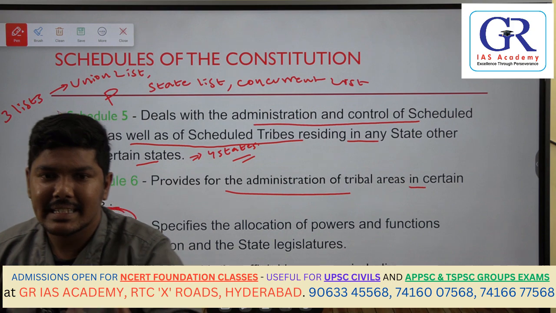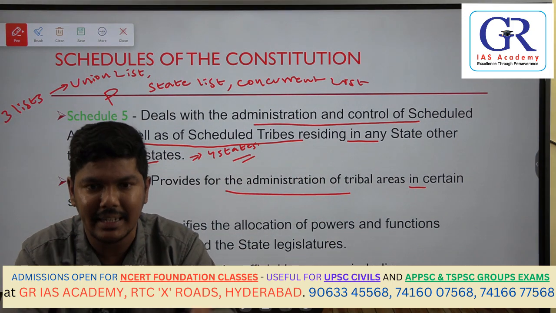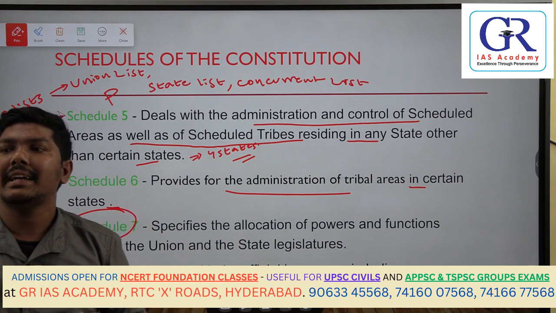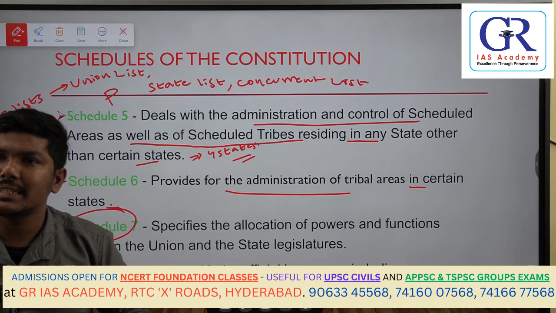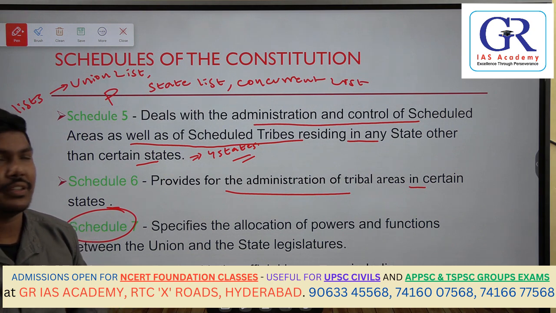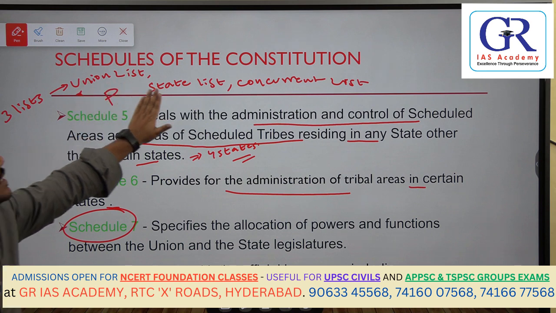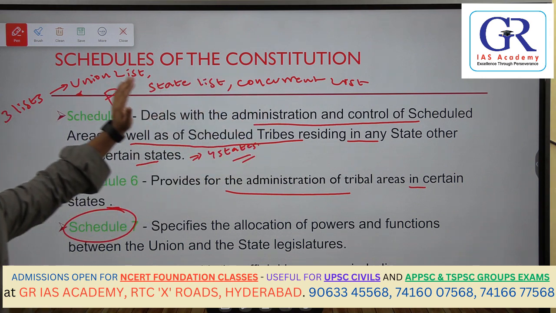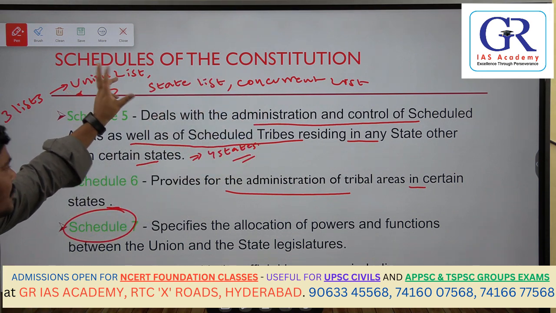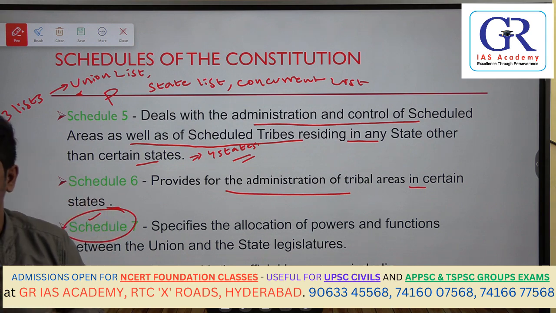So let me first implement my law in the state. If that particular state requests to the president, then in that particular state, that state law will prevail, and at the central level, in the remaining other states, Parliament law will prevail. I hope you have understood. So we have three lists called union list, state list, and concurrent list. What are all the lists and what are the subjects mentioned in that list? Everything is specified in Schedule 7.